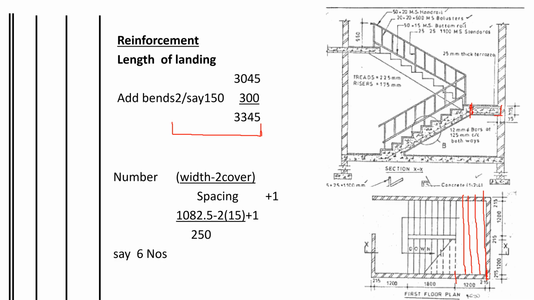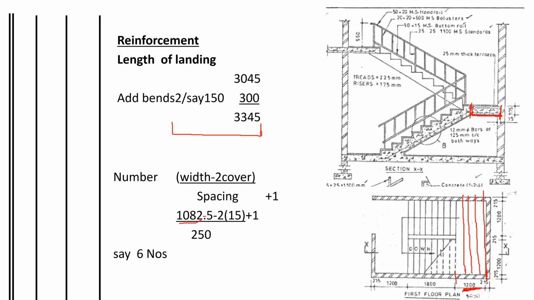What is this length? First of all, the width. We said we shall take the total here, it's 1200. 1200 we deduct 225, we get 975. Then we deduct half of 215. So the total from here up to here will be 1082.5. 1082.5. Then we shall deduct